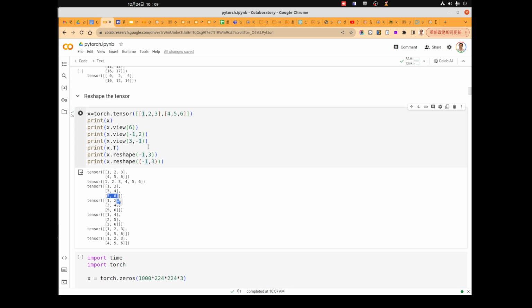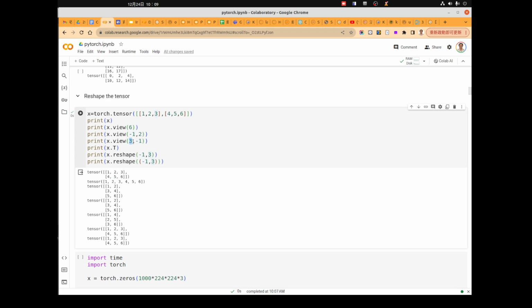Even though we don't specify any number, just -1, you will know that because we have 2 elements in each column, we must have 3 rows in the entire tensor.